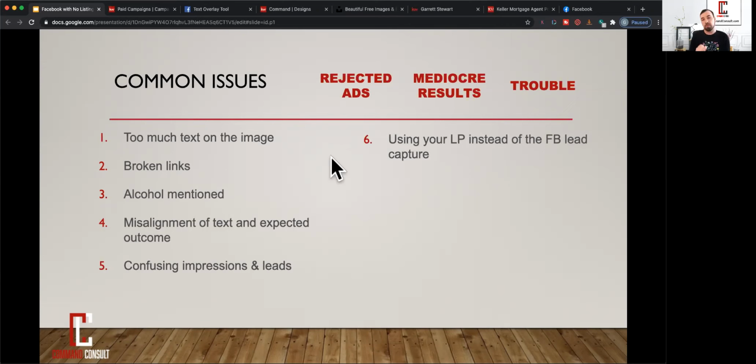This one's a really common issue I help agents with, and that is using your landing page, that's what LP is, instead of the Facebook lead capture form. While we're still technically sending them to a landing page, maybe that's our KW agent website, what are we using for the lead capture form? So for a lead capture form, if you're using the Facebook lead capture, that's automatically going